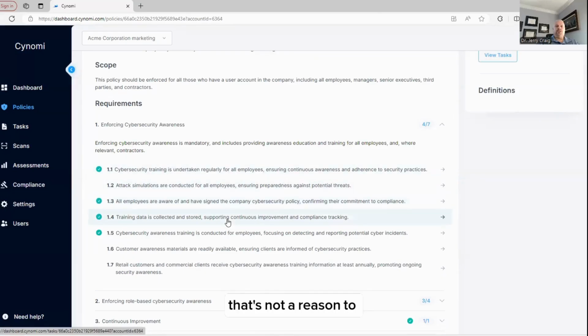Now, that's not a reason to necessarily take it out of the policy, but at least to maybe highlight it once you've printed it in PDF format, to say, we're going to publish this as your policy for your company, but understand you're not meeting all of the requirements. Usually that's a great conversation for a virtual CISO to have, which is we feel it's better not to remove content because auditors want to see this because, again, these assessments are mapped back to compliance frameworks, but we also